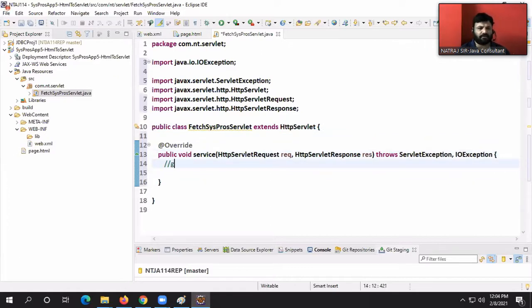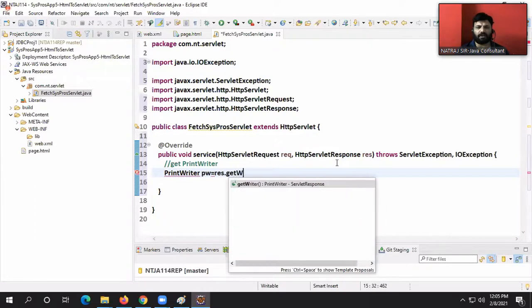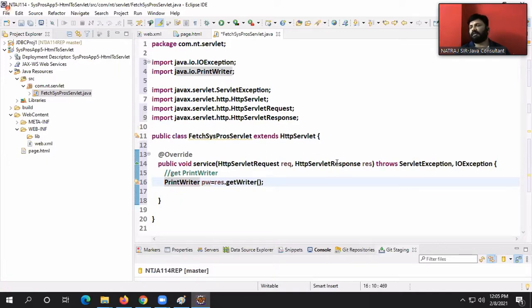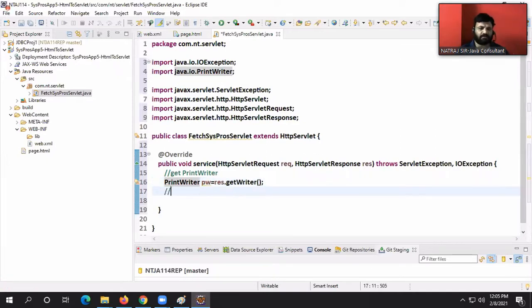Cool. Tell me here. Get the PrintWriter. PrintWriter pw is equal to res dot getWriter. Yes, I'm going to get the PrintWriter object.